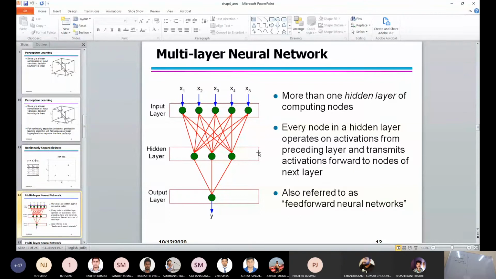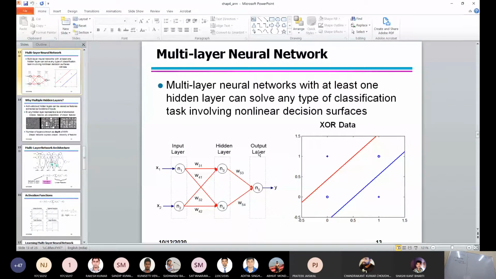Now this is one more example of how to solve the XOR problem using a multi-layer perceptron. As we said, we cannot solve it using a single layer, a single perceptron. Earlier we had only a single perceptron. Now we introduce one more perceptron. Here I will ask you to note a few points.